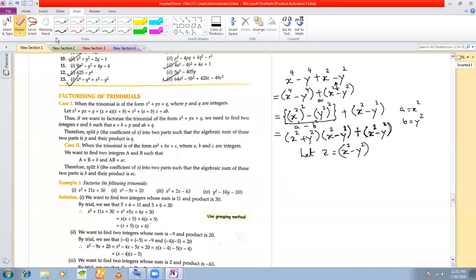So I have now x square minus y square, I take as z. Okay, this clear? I take z as x square minus y square because why did I take? Because this is the common factor, isn't it? That is why I took z. So now what does this expression become? For x square minus y square I write as it is. And I know x square minus y square is z, plus for this plus. And I have x square minus y square here again, so I write z. Now is this understood or not?